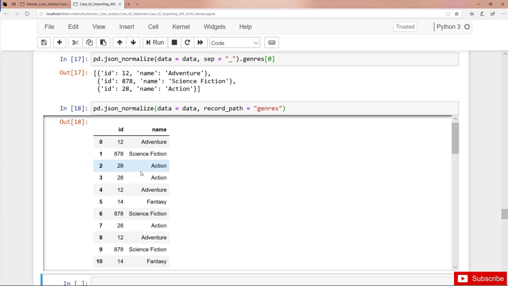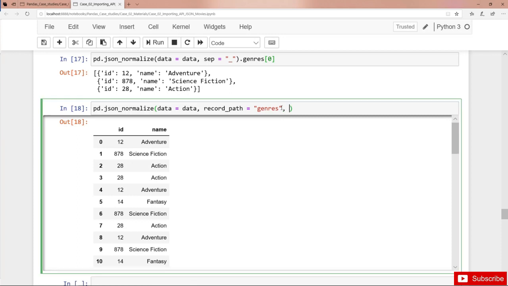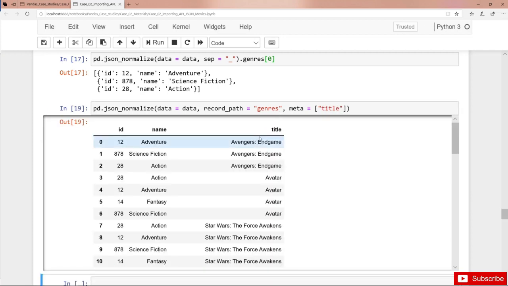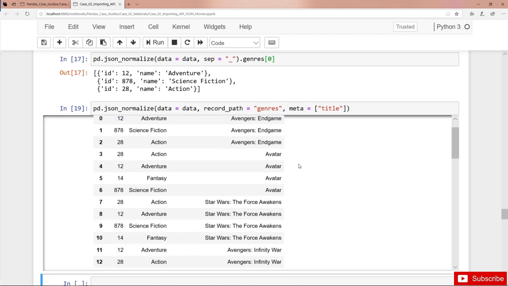And this causes some problems because here in this data frame, we cannot see which rows belong to which movie. And actually would require some meta information on the movie. And actually we can do this here because there's the additional parameter meta. And here we can pass a list with columns from the original data frame. And we could be interested in the movie title. Now we have attached the titles here, and for instance, we can see that Avatar has 4 genres: action, adventure,